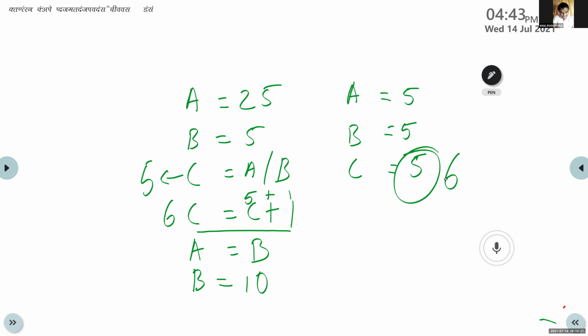Okay. Then Rahul, what about the next statement? A is equal to B. Ma'am, 5. What is 5? Which one is 5? Rahul?